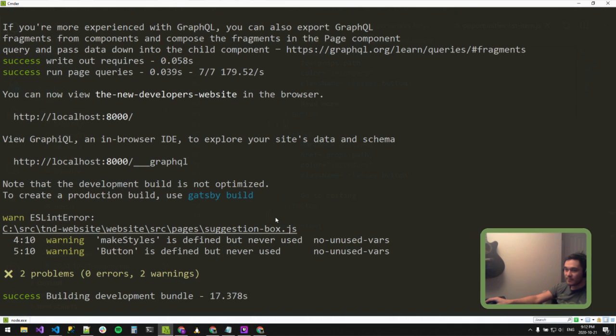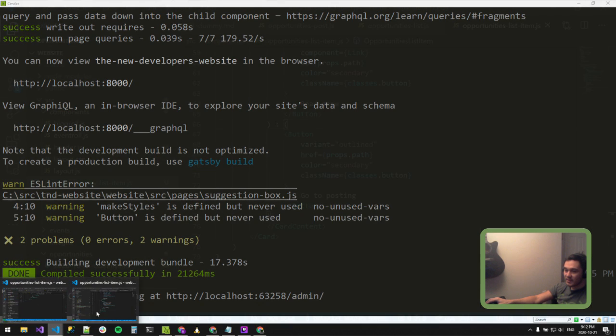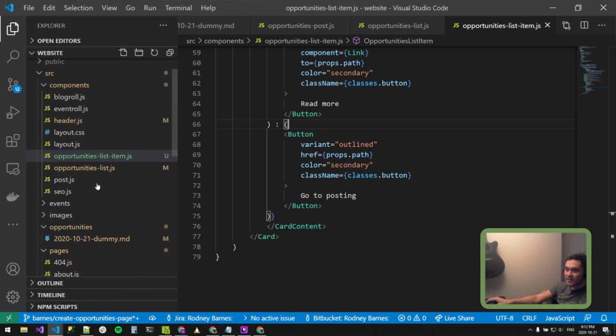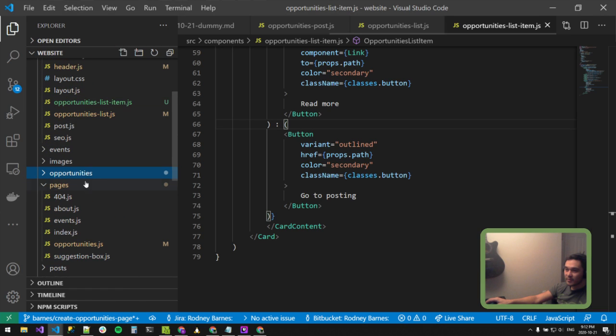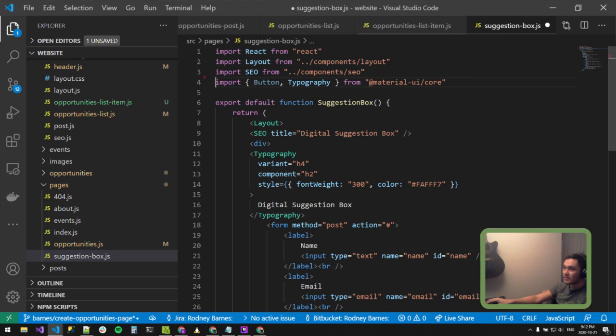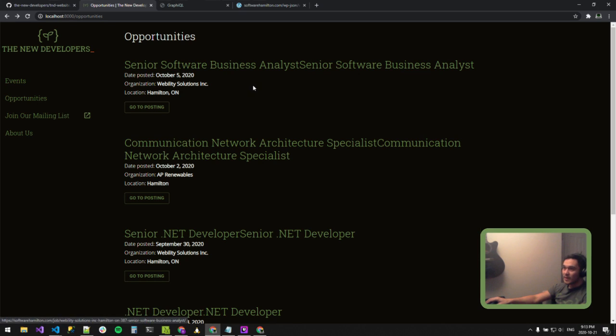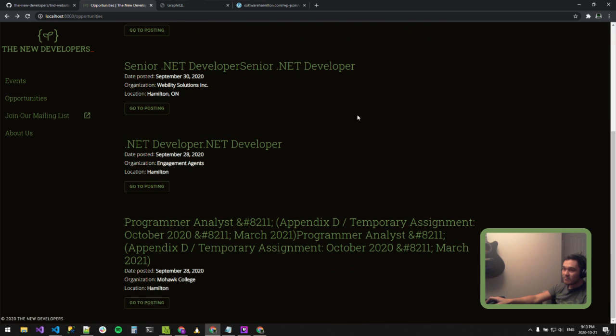Okay, so it compiled just fine, and we've still got those two warnings. You know, I'm going to fix these: makeStyles and Button defined but never used. Let's just head into there. It's a little bit outside the scope, but because we're running fast and loose with this stuff, I think it's worth doing. In here, makeStyles and Button. Eliminate the warnings. And now we can go here and